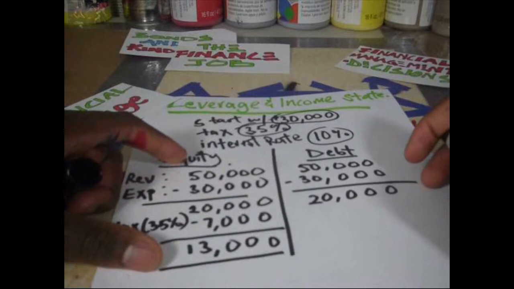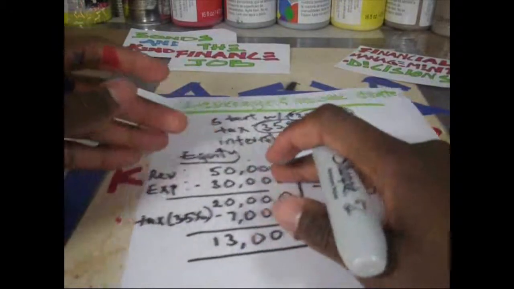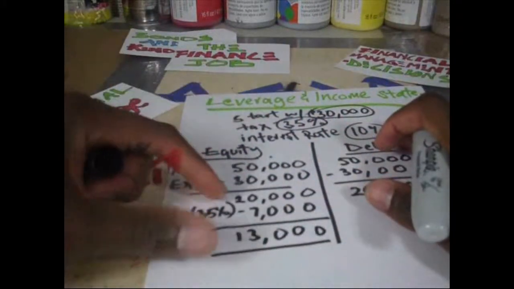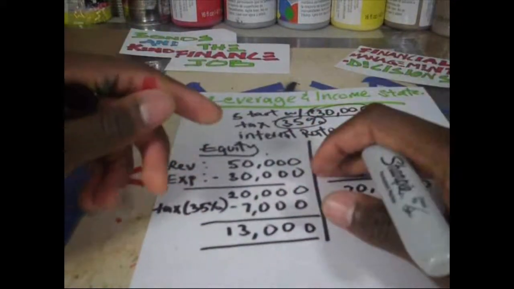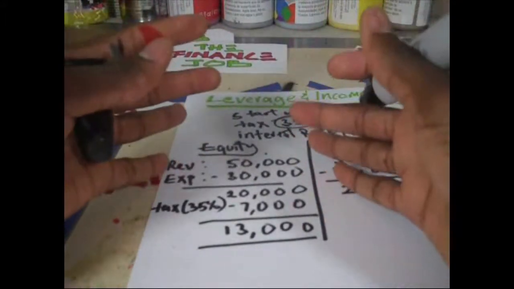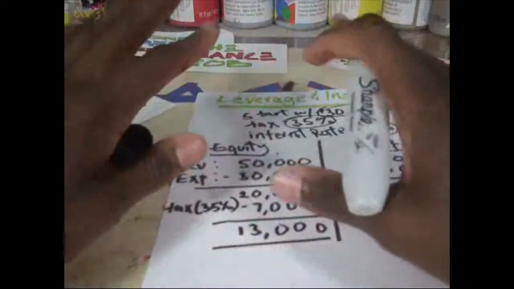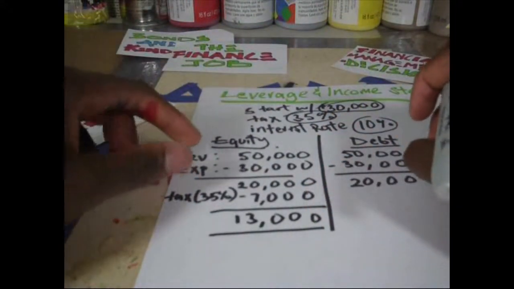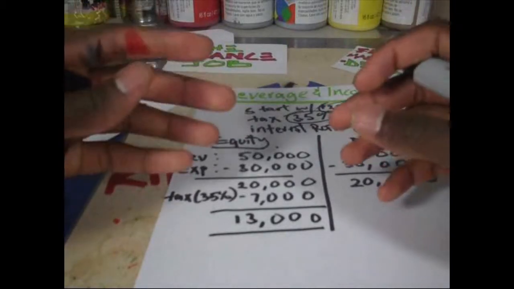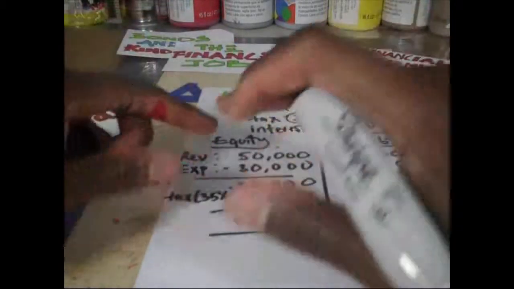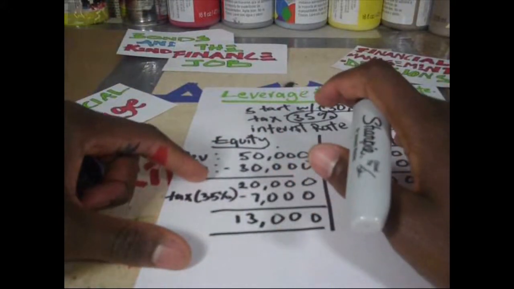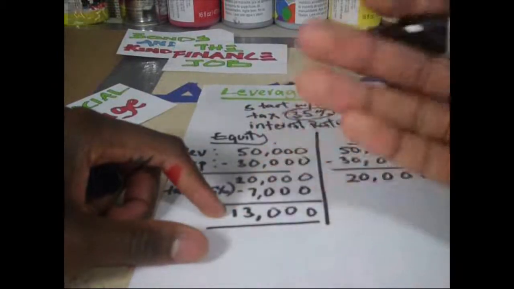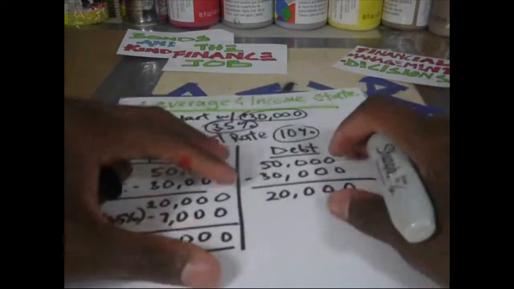Okay. Now let's see what happens if we use debt to finance this. So remember now, the $30,000 we had when we used equity, that's gone. We spent it. That's part of our expenses. It's no longer ours. All we have now to show for our business, if this is the only thing we had a chance to invest in, is this $13,000. We no longer have that $30,000 we started with. That's very important for you to think about, for you to realize, for you to think critically on and actually start trying to digest. We no longer had the $30,000 that's out of our bank account. All we have now is this $13,000, and hopefully we get to duplicate this success time and time again. But let's see what happens when we use debt.